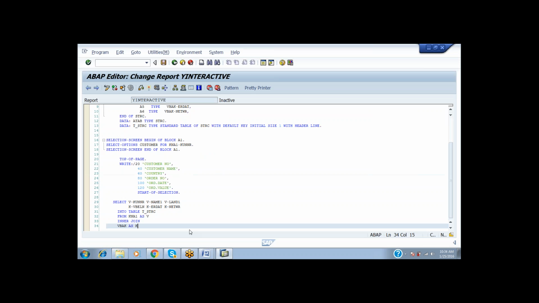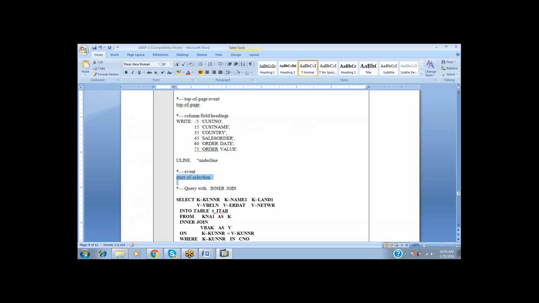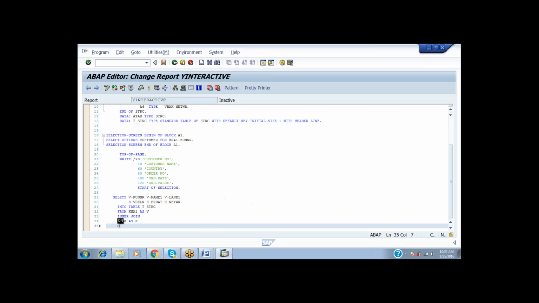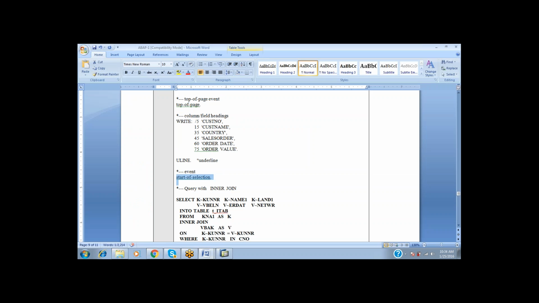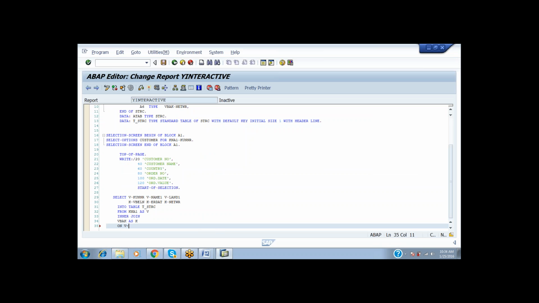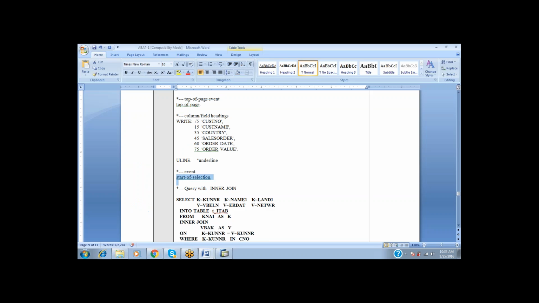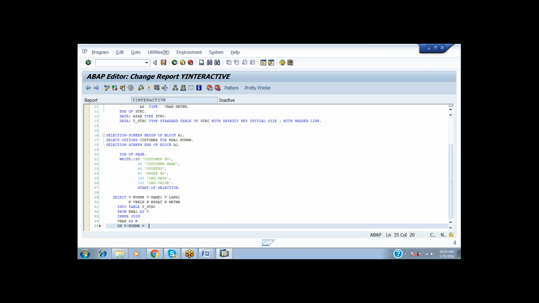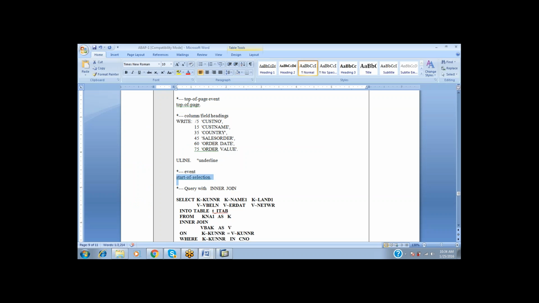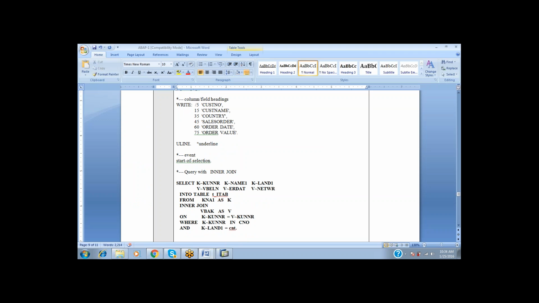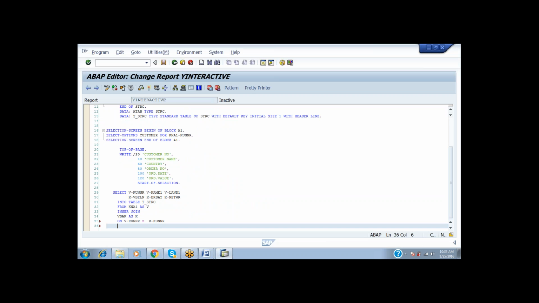So VBAK as K and after that on V of KUNNR has to be equal to K of KUNNR. The V of KUNNR and the K of KUNNR should be the same, and